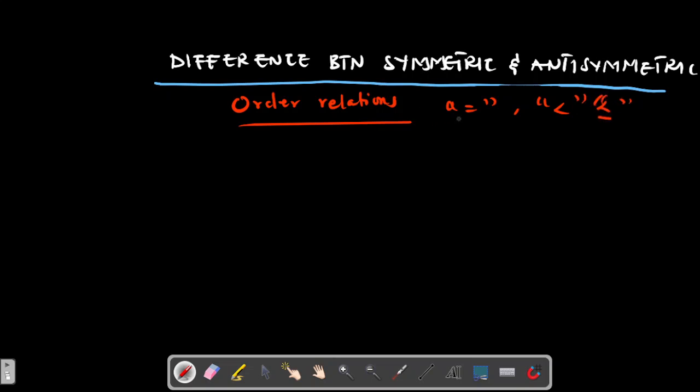But when do we say that any of these relationships is symmetric or antisymmetric or any other? Now let's delve deeper into symmetric. So, talking about symmetric properties,